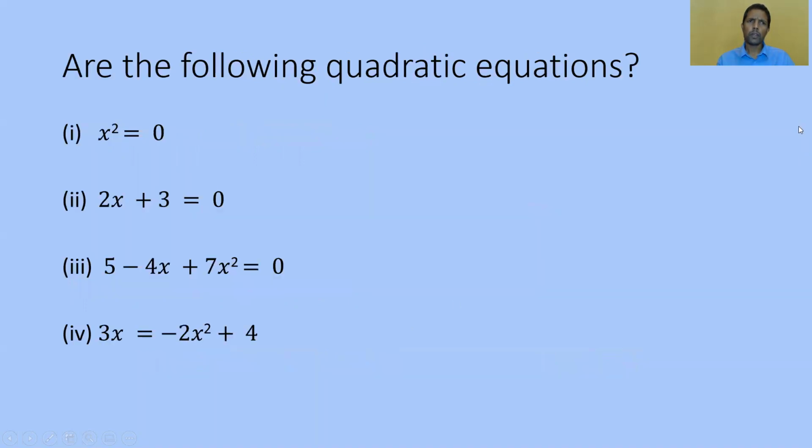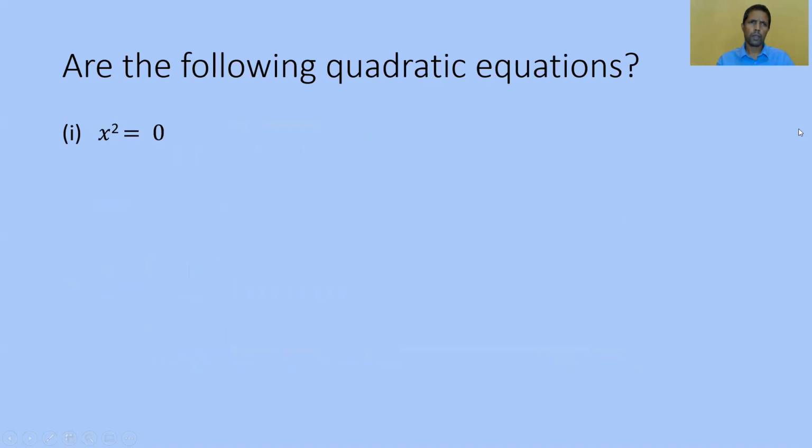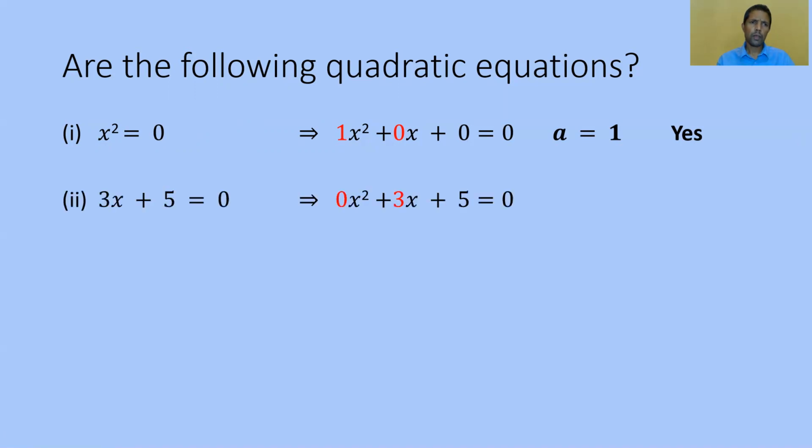So let us now see whether the following are quadratic equations. First, x squared is equal to 0. x squared can be rewritten as 1x squared plus 0x plus 0 is equal to 0. So here, a is equal to 1, that is not 0, therefore x squared is equal to 0 is a quadratic equation. Second, 3x plus 5 is equal to 0 can be rewritten as 0x squared plus 3x plus 5 is equal to 0. Note here that a is equal to 0,